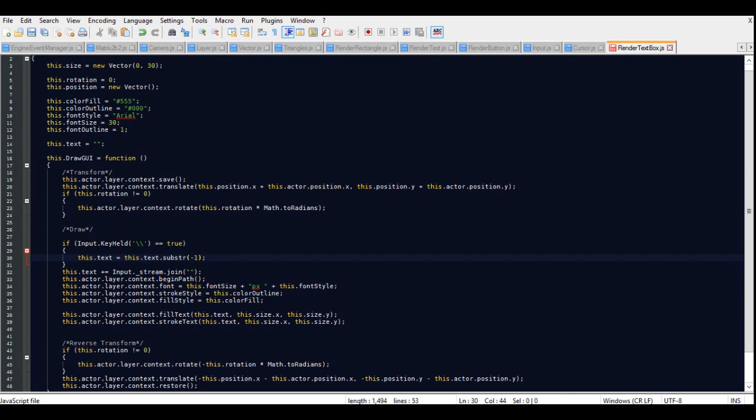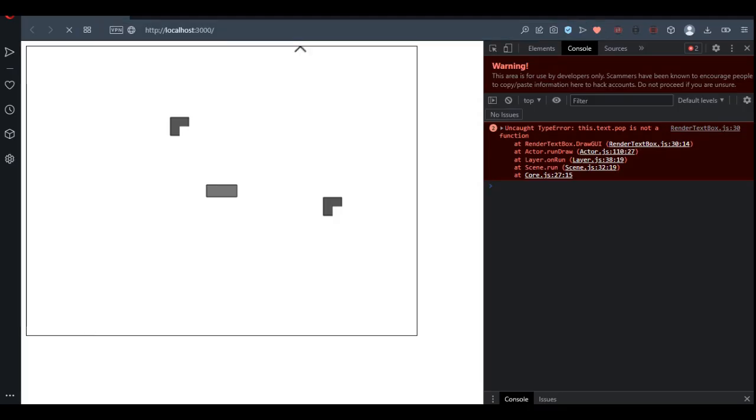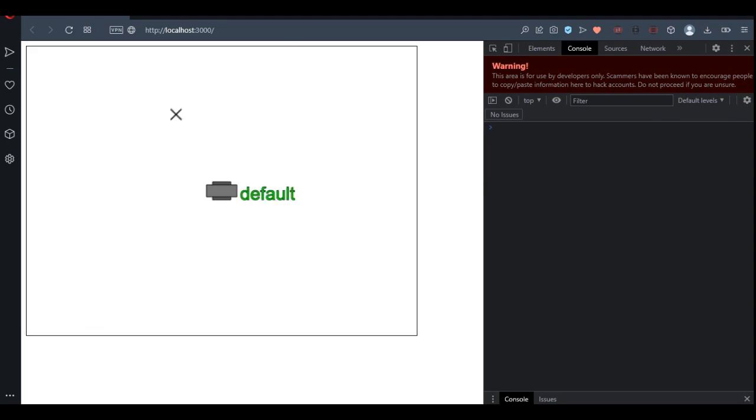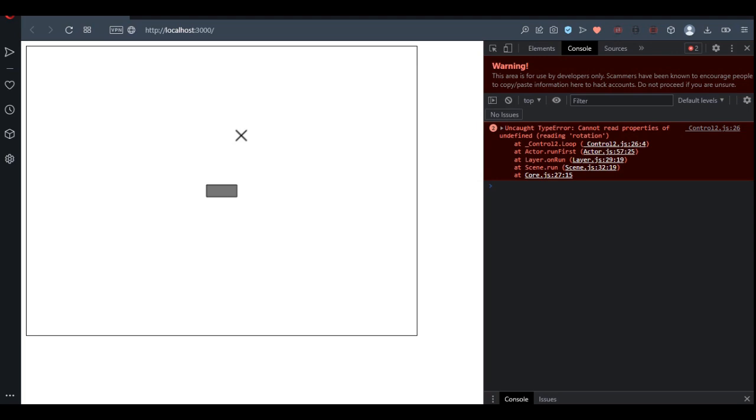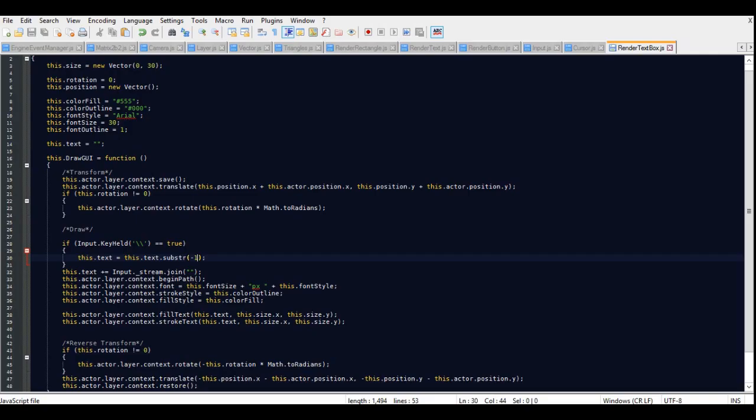If I had to guess, -1. Cannot read property of rotation. Undefined control 2. So